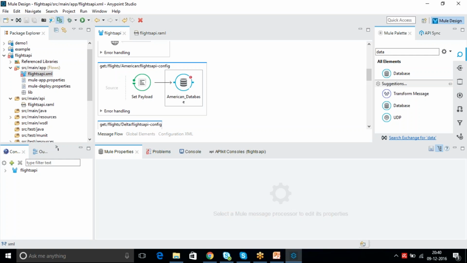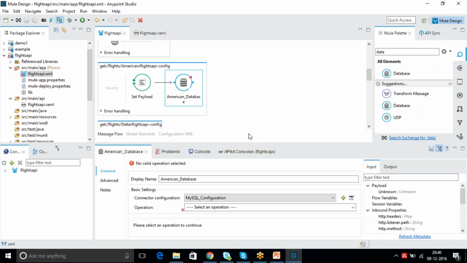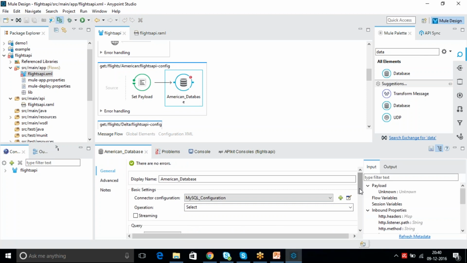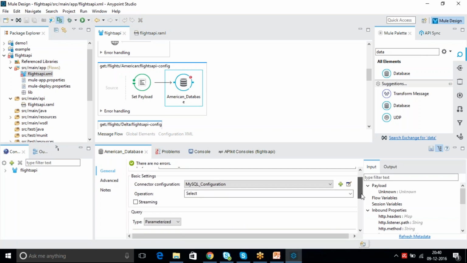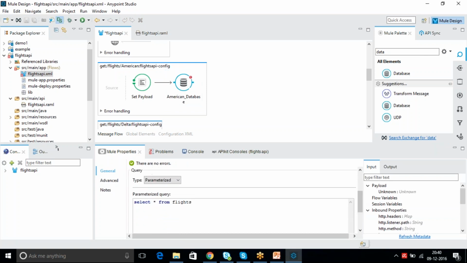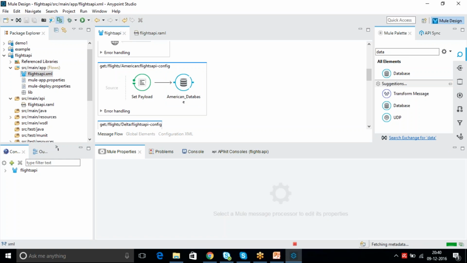A simple select query used. Did not select. Yes, now it's gone. Okay.